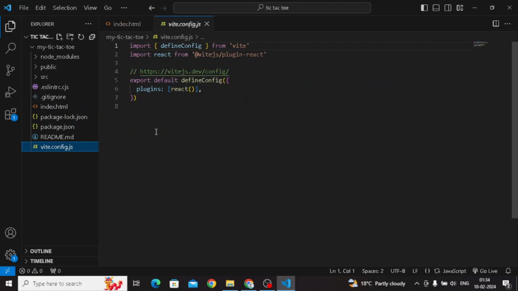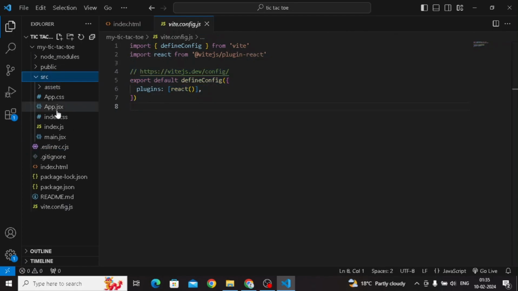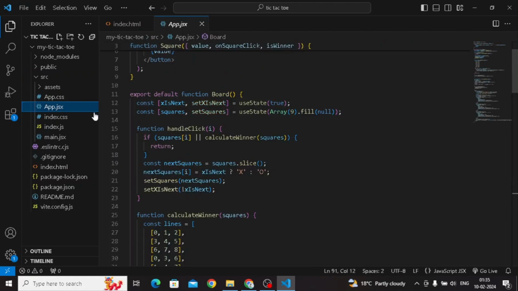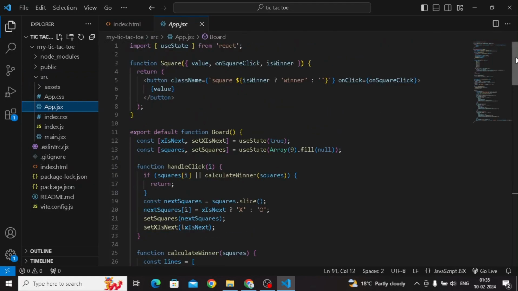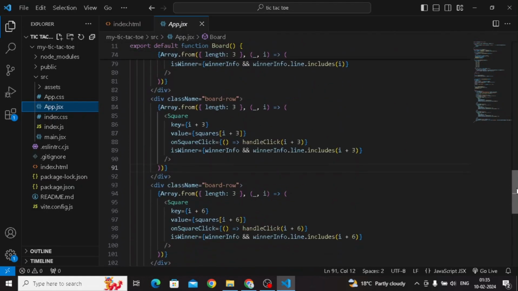This is white config. I cannot tell you that much about it, but it is just a plugin of React that we are going to use in this project. And I guess that's all. I just wanted to post a video on YouTube regarding my current situation of my skills and what I'm working on,